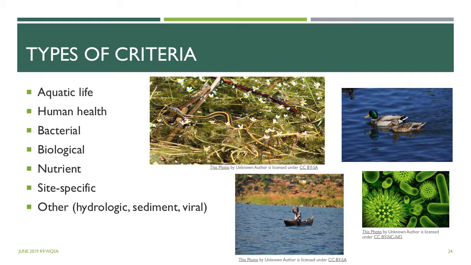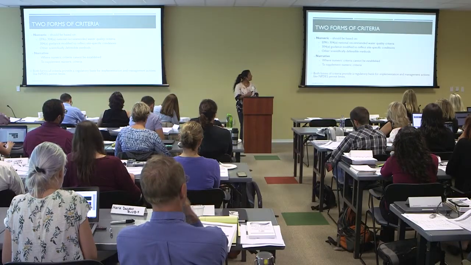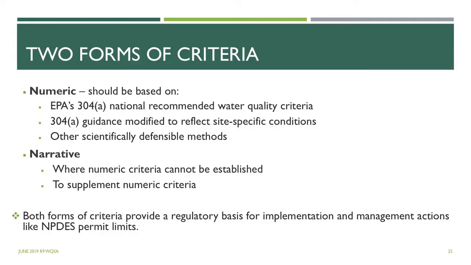Usually when EPA recommends criteria, it's somewhere in the aquatic life, human health, bacteria, biological, nutrients kind of realm. But some states have water quantity, hydrology-based criteria as well. But really, the important thing to note is that you have two forms of criteria, either numeric or narrative. EPA recommends,